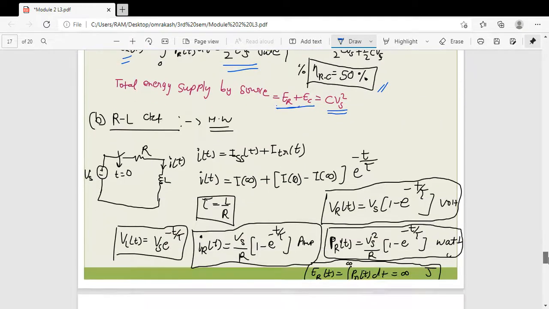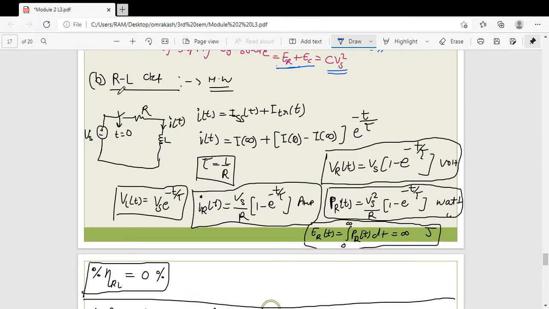Now for the RL circuit, see, same, what is the state variable here? Current, right? Because of the inductor present in that circuit, and a source is added here, not source free. This is a source with source response, right? So the same calculation you have to perform for this RL circuit. At the end, you will get this as your output.